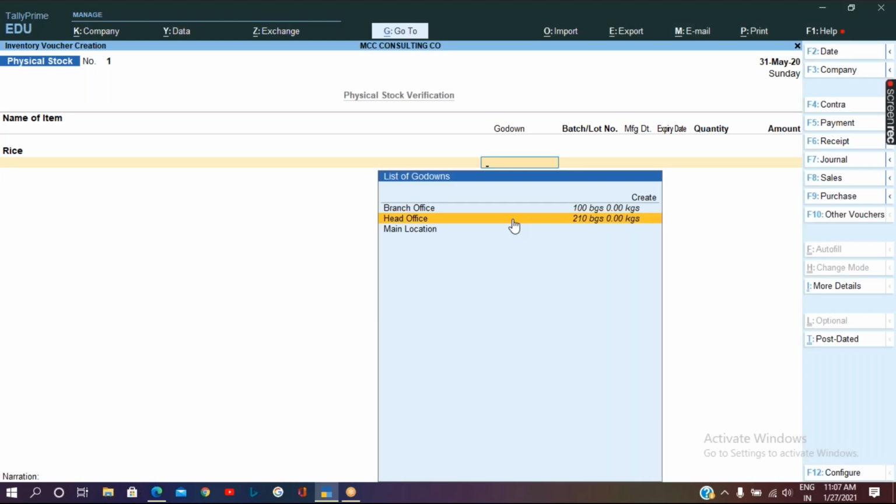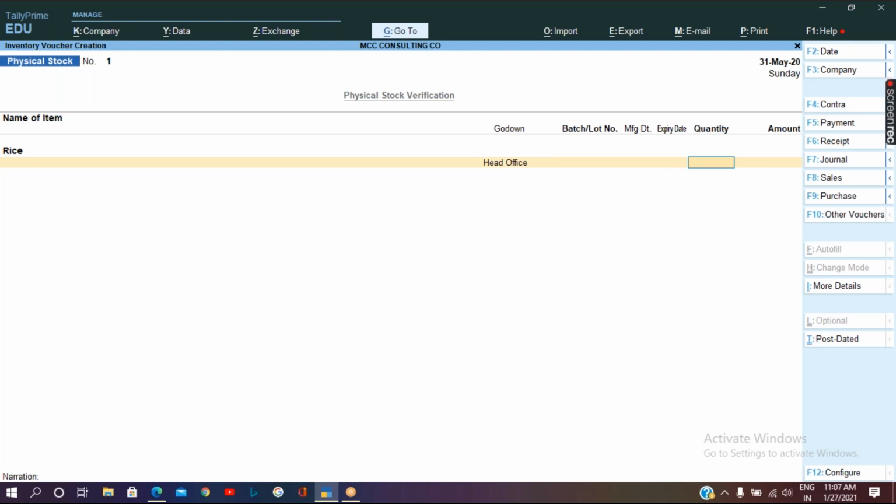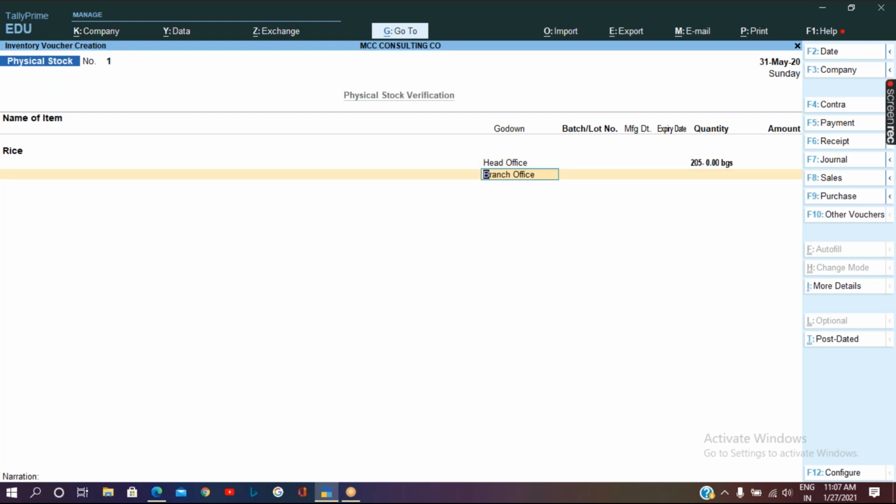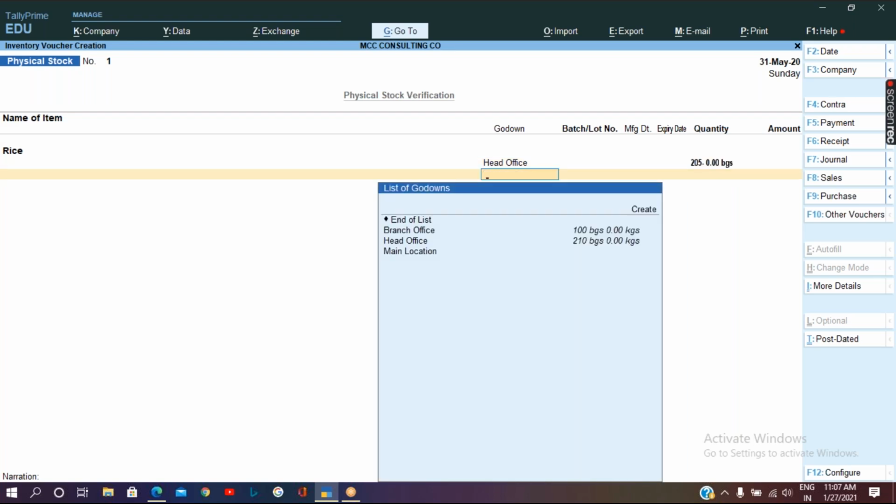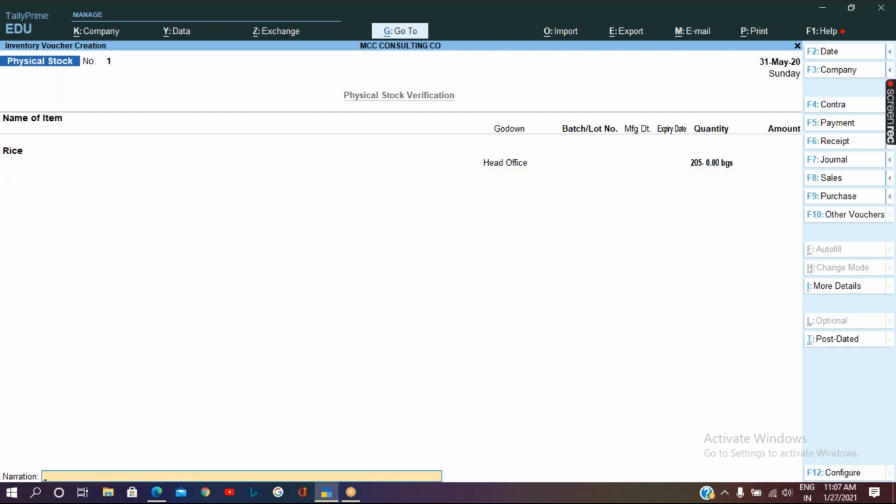So let's assume there is a difference in the head office godown of 5 quantity. So now the total which was available was 210, but physically it is counted as 205. So that quantity has to be entered over here. So let me select only head office and accept the entry.